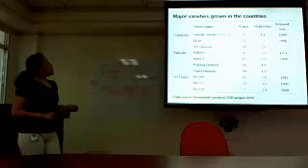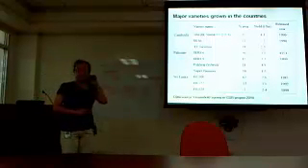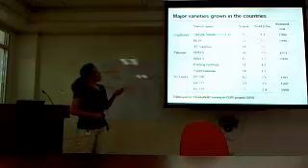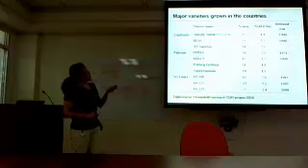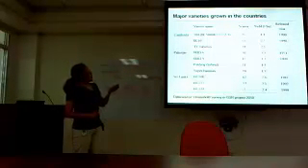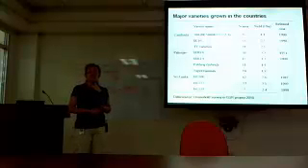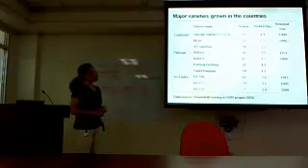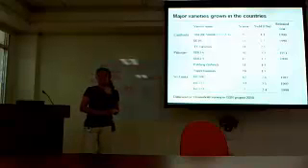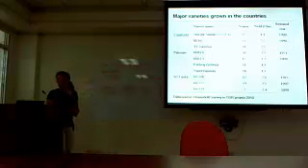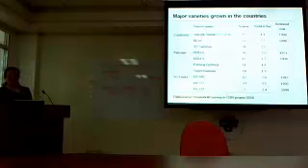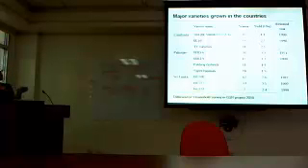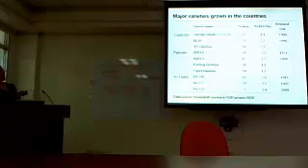Then for those major varieties grown in these countries, we find that in Cambodia, the top two are 504 and IRRI-66, and they account for around 1/3 of the total rice area. In Pakistan, it is only IRRI-66, and you can say it's more than half. And in Sri Lanka, it is BT362.